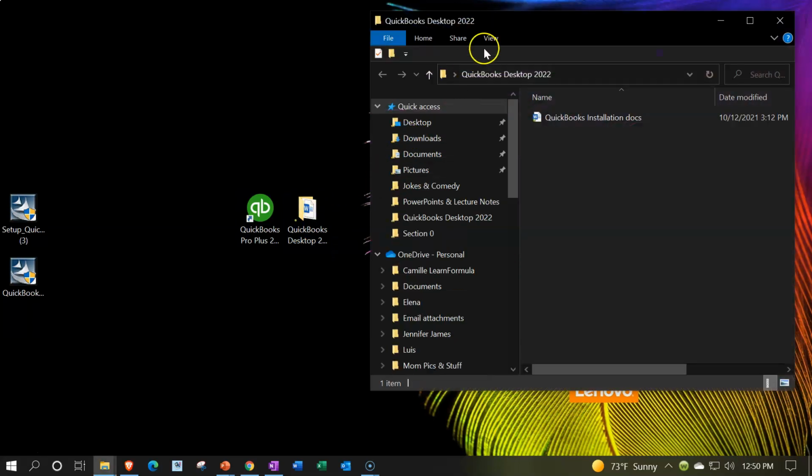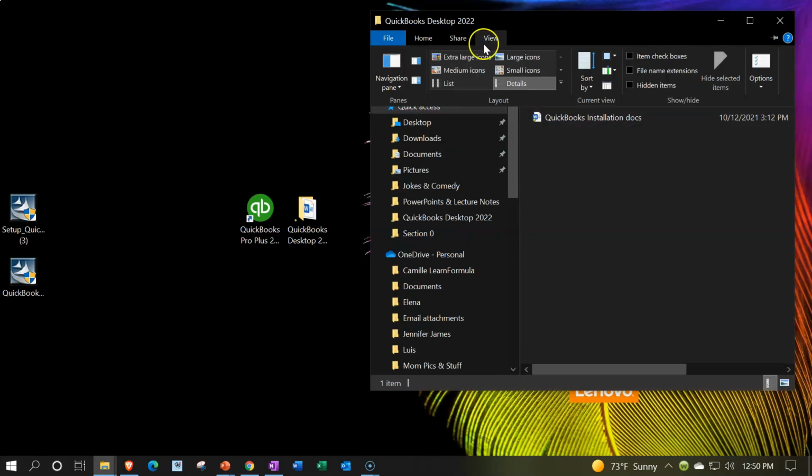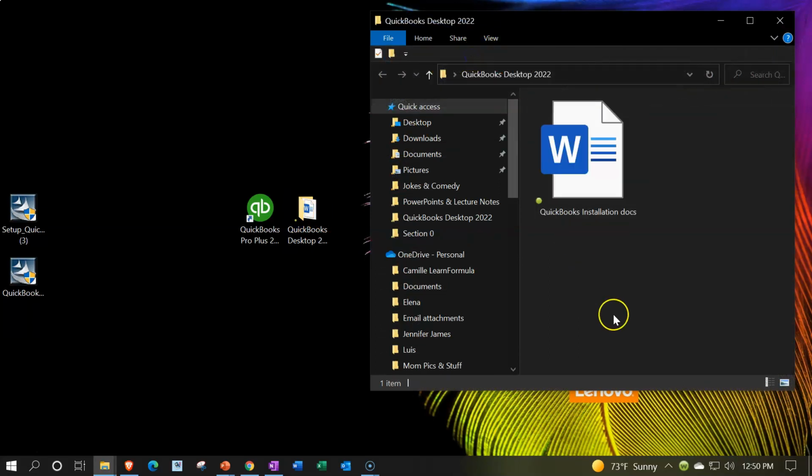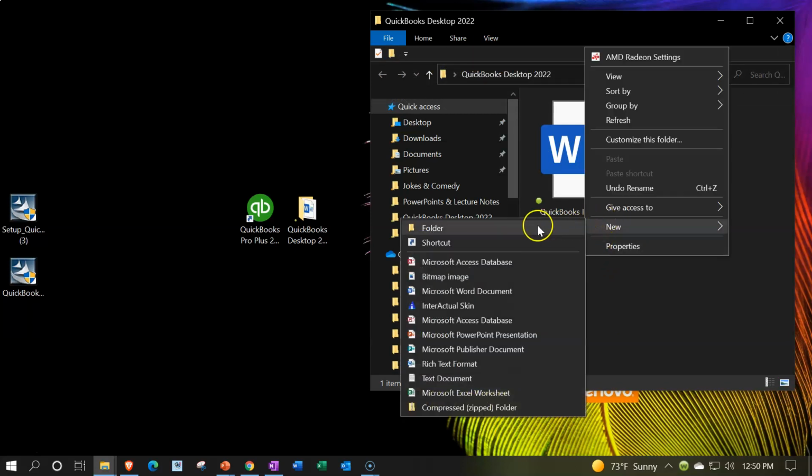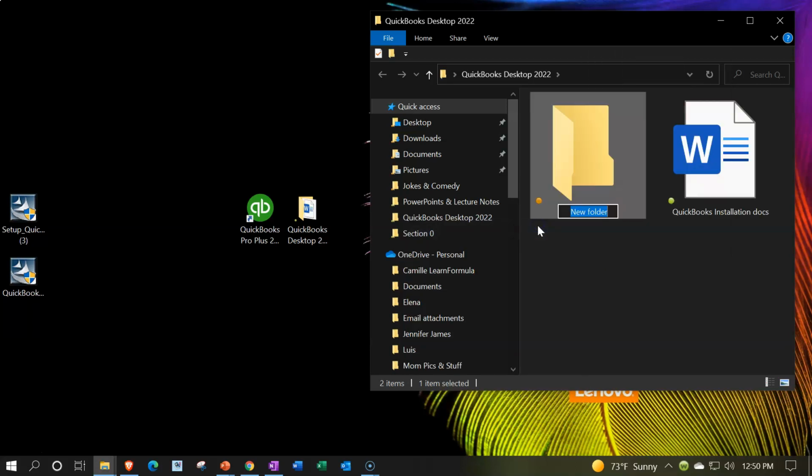I'm going to create another folder. Let's select the view icon up top. I want to make it extra large so everyone can see it. Last time we looked at our installation information. Now I want to make another one, which is just going to be data files. I'm going to have a folder, and I'm just going to call it data files,